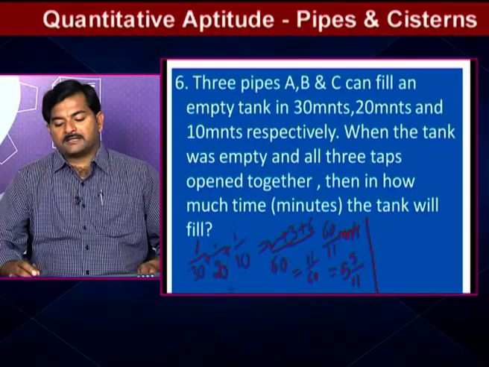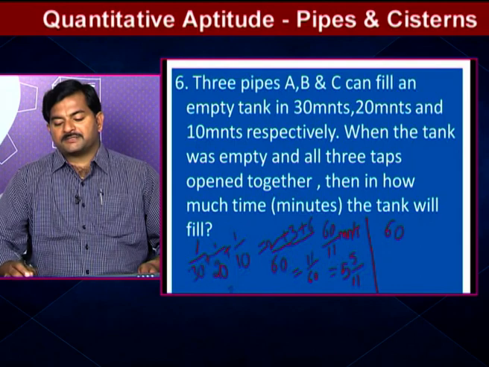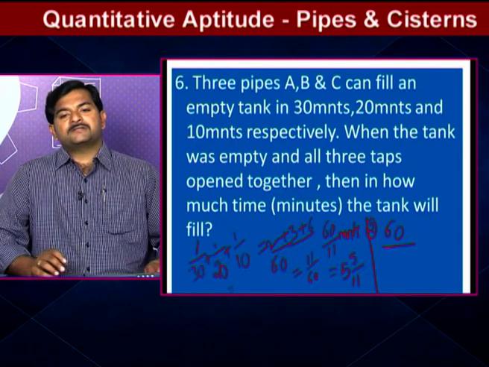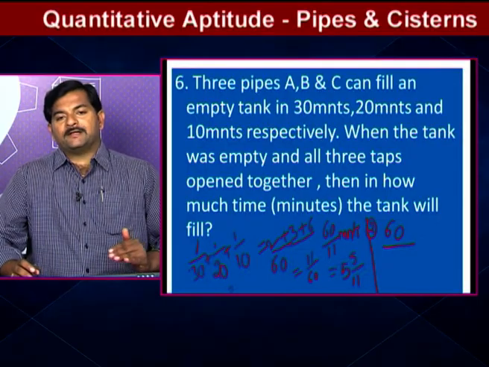But just now I told you, LCM by factors can be applicable for almost all the types. So here the values are 30, 20, 10. So the formula is what? LCM by factors. The LCM of 30, 20, 10 is very clear, LCM is 60. Now you have to find out the factors.